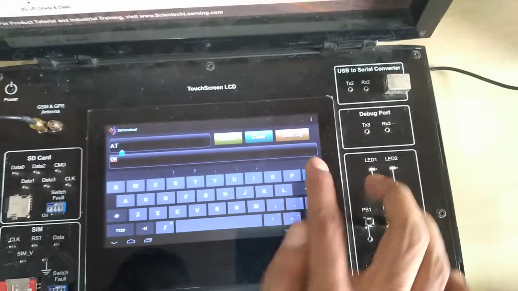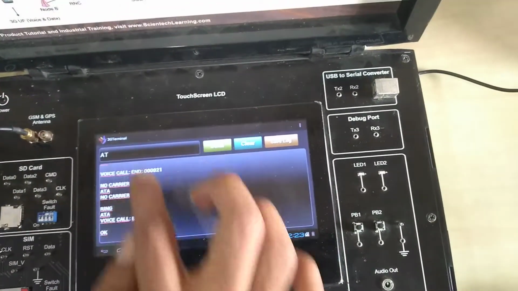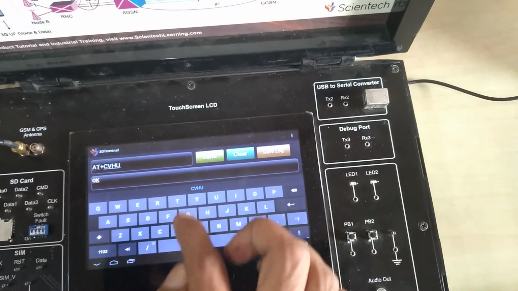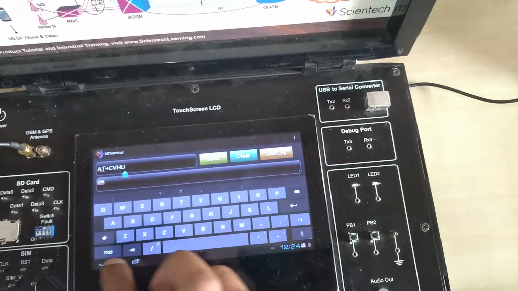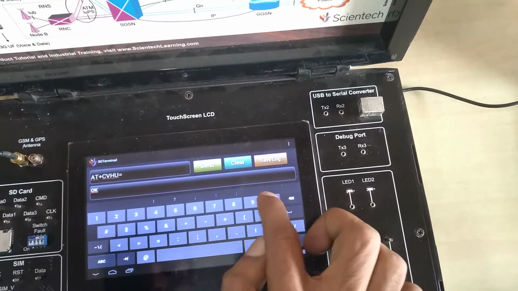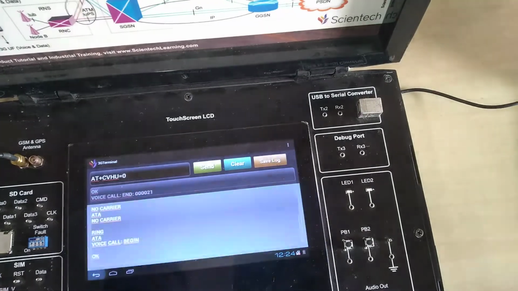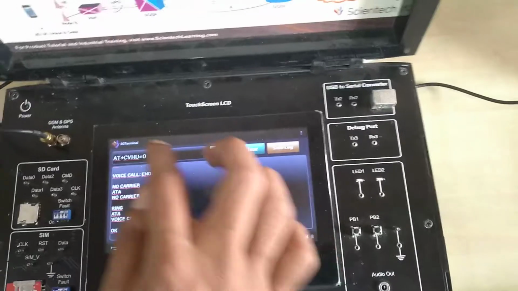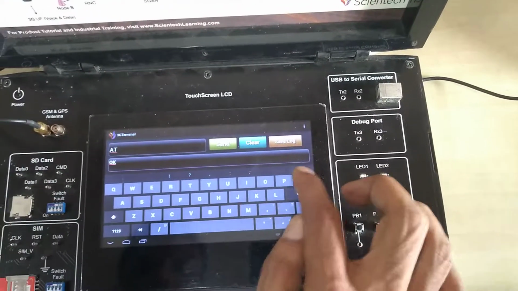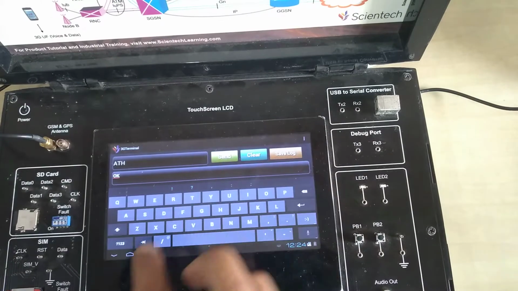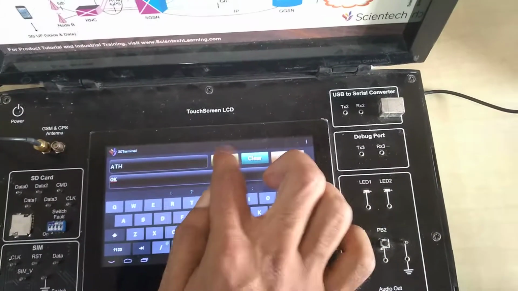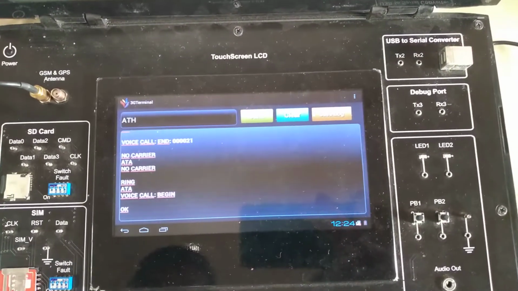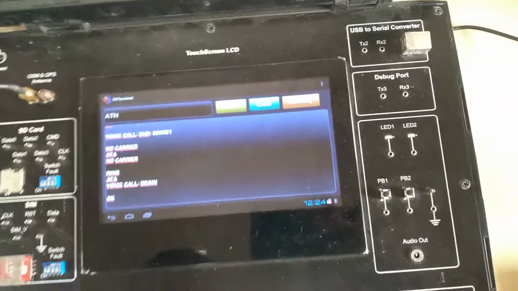So AT plus CVHU equals 0. Okay. Then ATH to disconnect the existing call. The call is disconnected. By the ATH command we can disconnect the call.